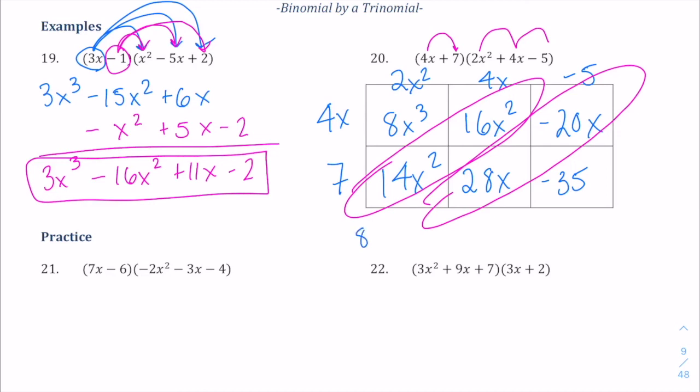Okay, so there's only an 8x to the third. Nothing else combines with that. We have 14x squared and 16x squared, so that's 30x squared. 28x and negative 20x is